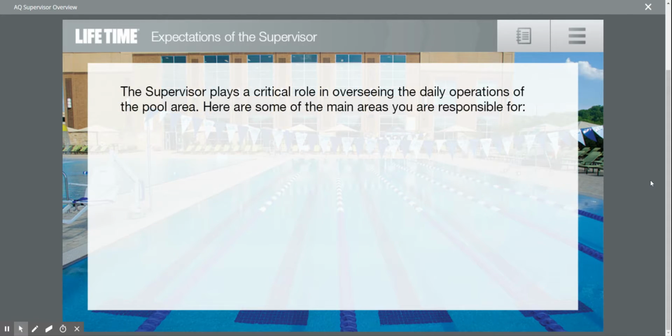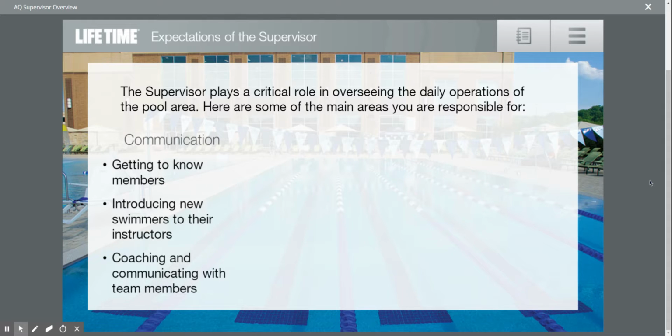The supervisor plays a critical role in overseeing the daily operations of the pool area. Here are some of the main areas you're responsible for. Communication. The supervisor needs to be the first in line in communication. It's important to know the members as well as team members and be able to relay communication wherever it's needed